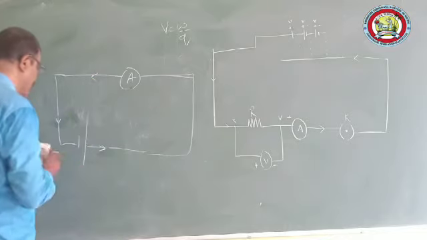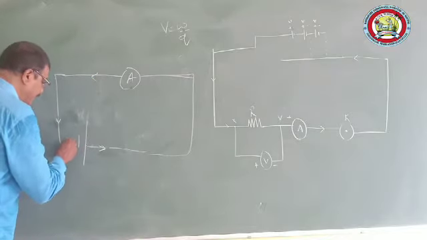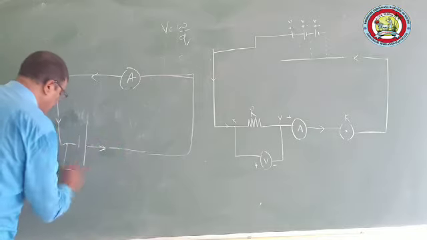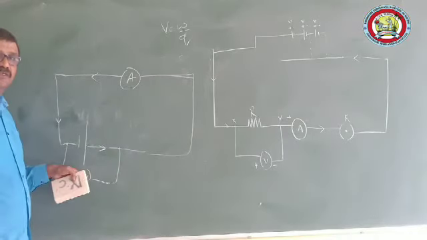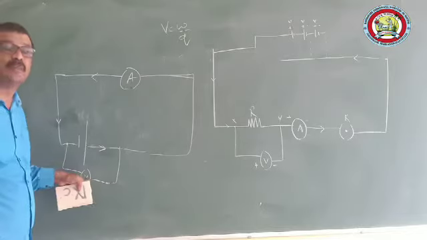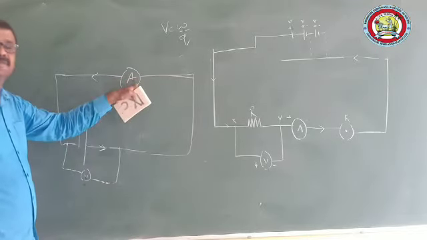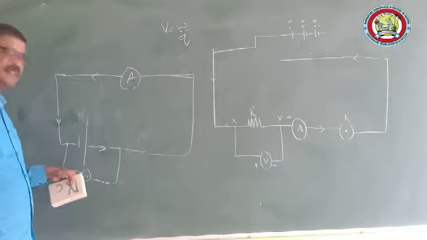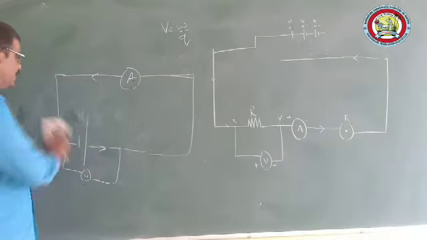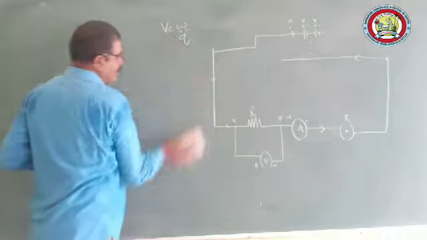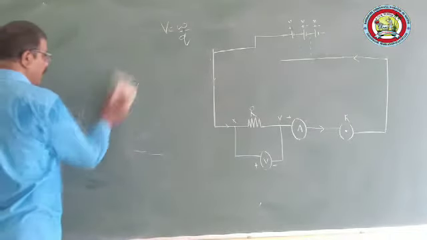If I want to measure the potential difference, I need to connect it in a parallel way. So this is called a voltmeter. This is called an ammeter, which measures the electric current. A voltmeter is a device which measures the potential difference. As I go through, I will be explaining the symbols to make you understand.